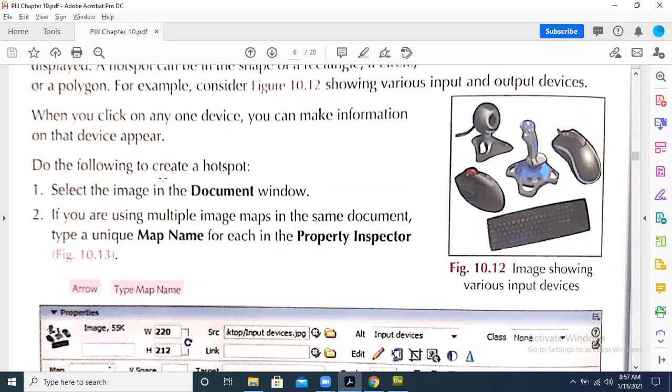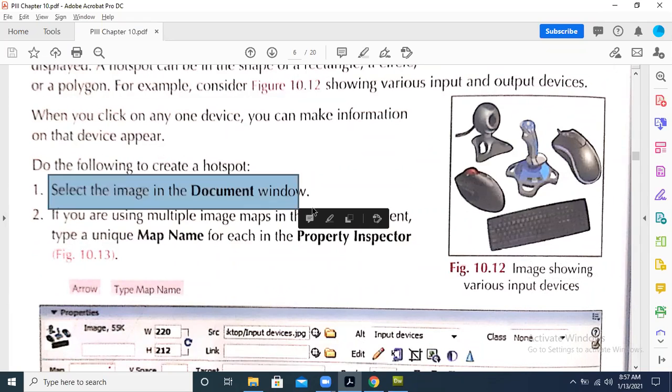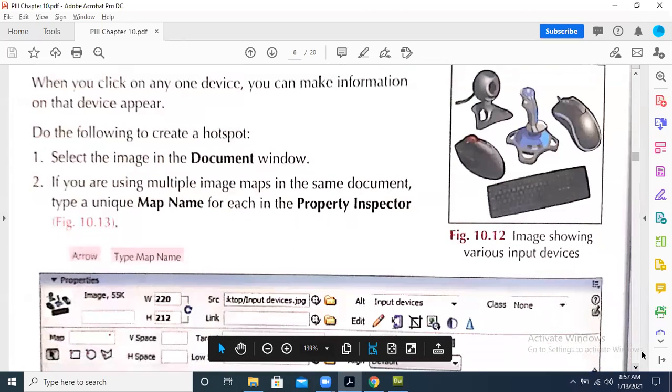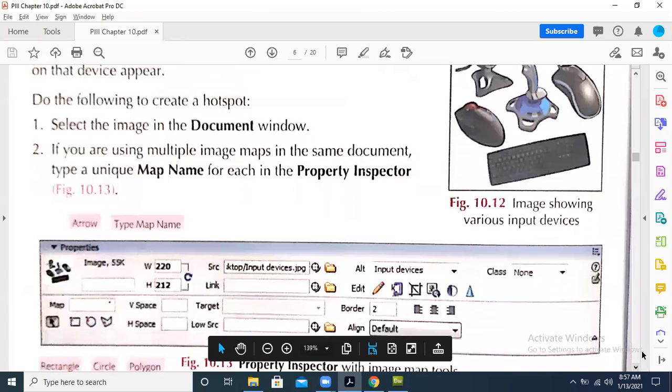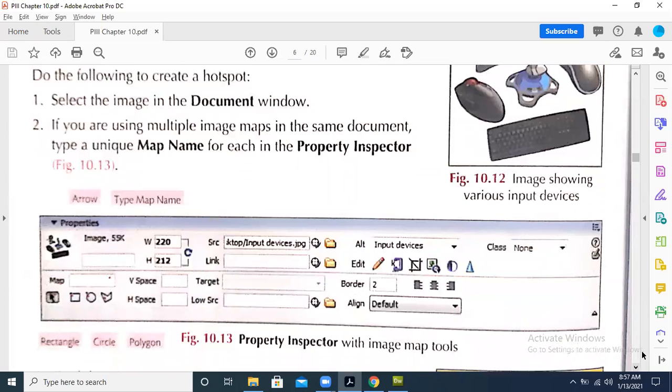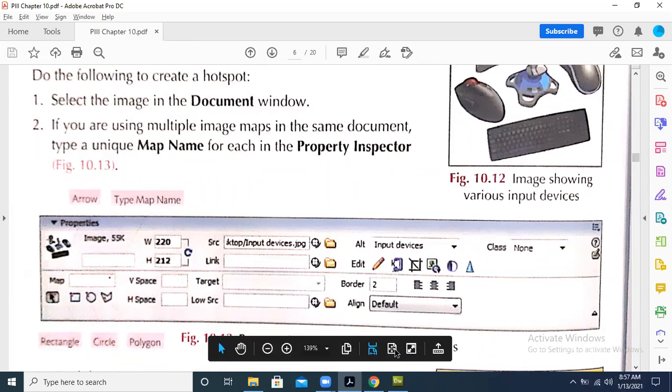So what are the steps to do this? Select the image in your document window for this job. If you are using multiple image maps in the same document, type a unique map name for each in the property inspector. So first we need to insert one image on which we are going to apply this.